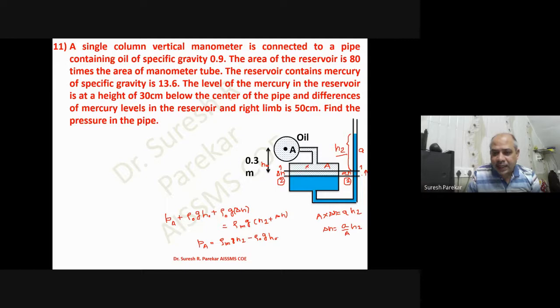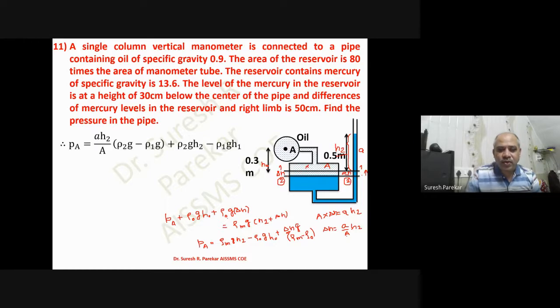And then if I take delta H common, so plus delta H in bracket into G in bracket, we have rho m minus rho naught. So rho m minus rho naught. And then delta H, I can put it as A upon A into H2. You can see over here now. So this H2 is given as 0.5. So you have this A H2 upon A. So we have delta H as A H2 upon A, rho 2 G. So this is rho m G, so G I have taken outside over here, minus rho naught G.